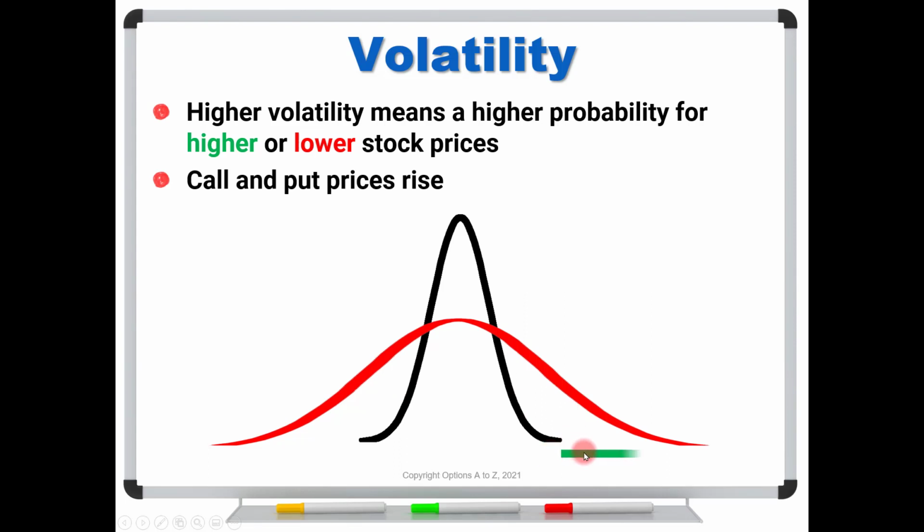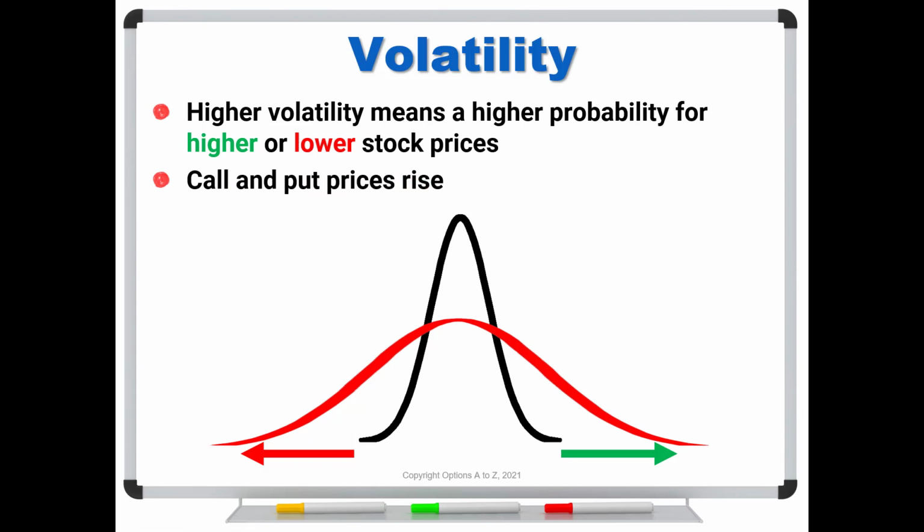And that means that, yes, we have the ability for prices to move higher, and we have the ability for prices to move lower. And because we have the ability for higher prices, that's good for call prices. And because we have the ability for prices to move lower, that's good for puts. And that's why call and put prices will rise under higher volatility.